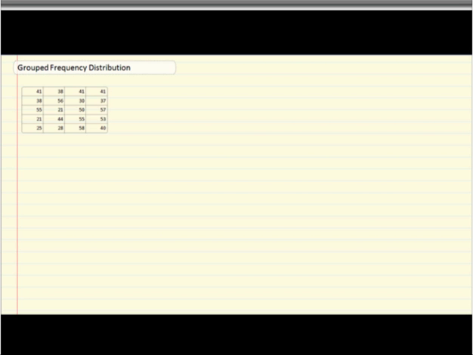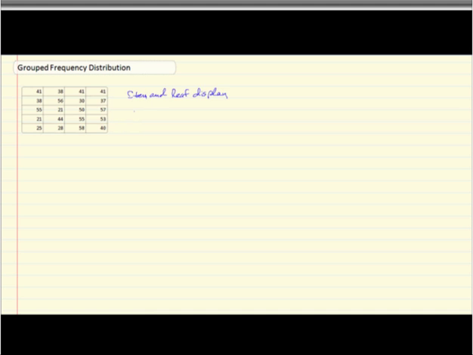In order for a data set to be useful in decision making, it will have to be organized. Here we have a data set that is not placed into any kind of order. The values are just randomly placed as though they were just collected. The first technique that we're going to talk about for organizing a set of data is called a stem and